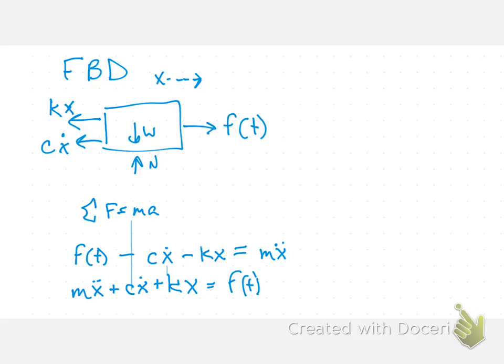F of t minus our damping force, c x dot, minus our spring force, kx, is equal to our mass times acceleration. We can rearrange those to get a differential equation. So we've completed step 2, where we use our knowledge of physics and engineering to observe the mathematical connection between inputs and outputs. For these videos, I expect that if you are taking this instead of class, it's up to